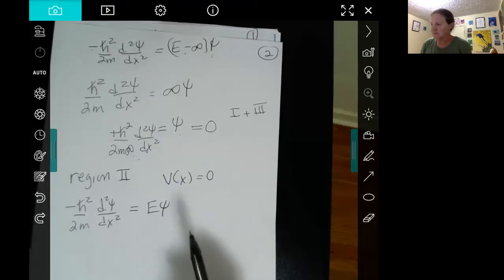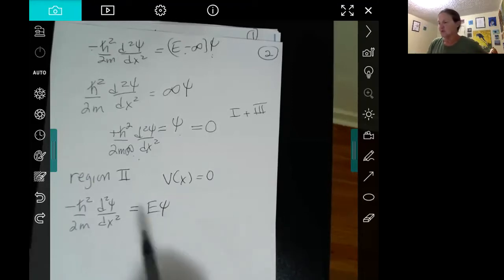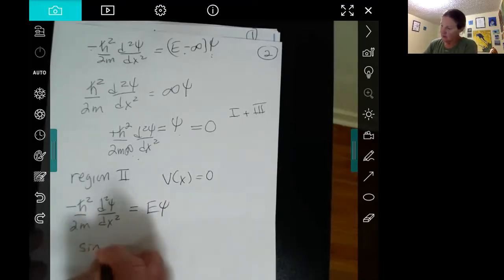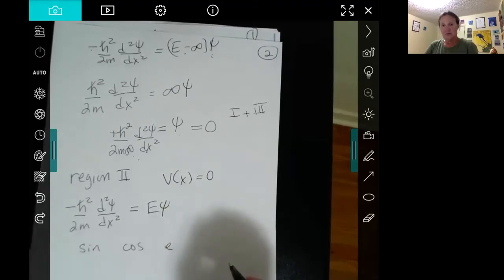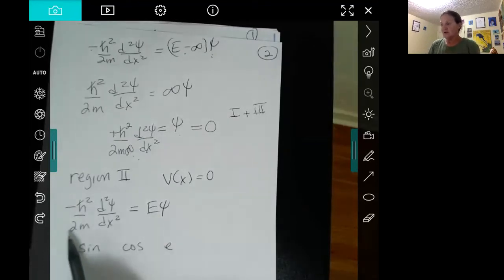And you know what functions work there or are solutions. So sine works. If you take the first derivative, you get cosine. Second derivative, you get sine back. So sine will work. Cosine will work. The exponential function will work because when you take the derivative of it, you get that function back. So we want to start out with a wave function that's a combination of every mathematically acceptable